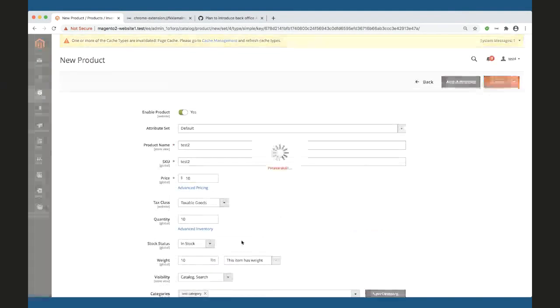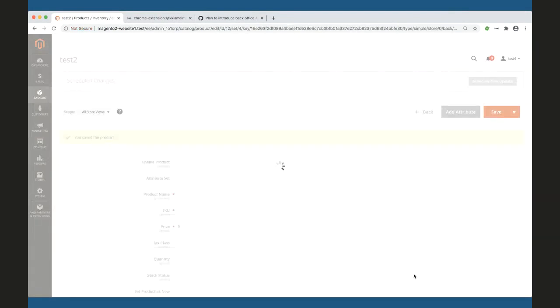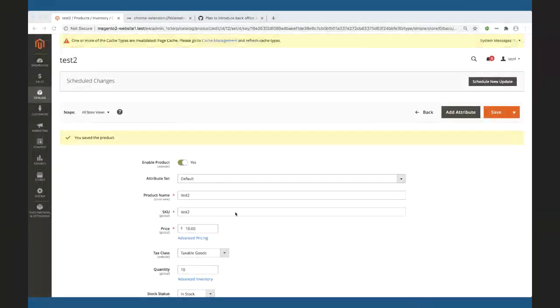And now I am saving the product, and once the product is saved, the reindexer is running in the background. The reindexer updates the index in the back office, and once the reindex is complete, the back office will publish an event that, hey, we have this